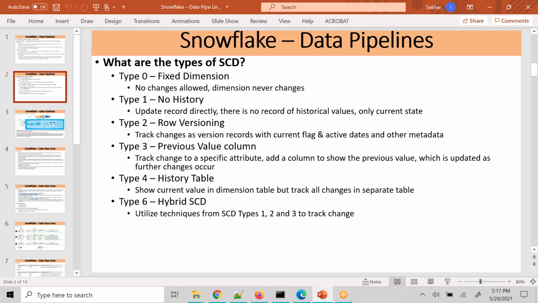And type 6 is hybrid. It's a combination of 1, 2 and 3. So normally people ask you which kind of